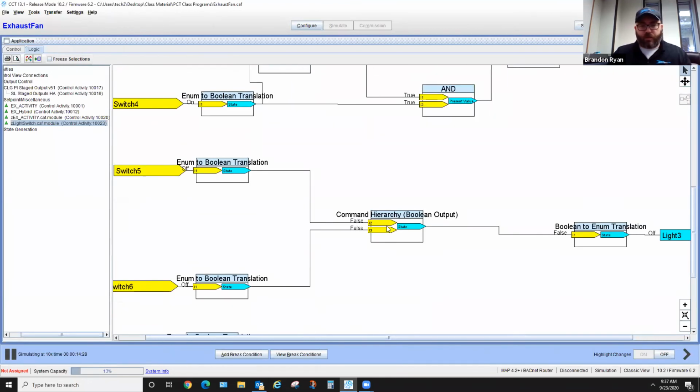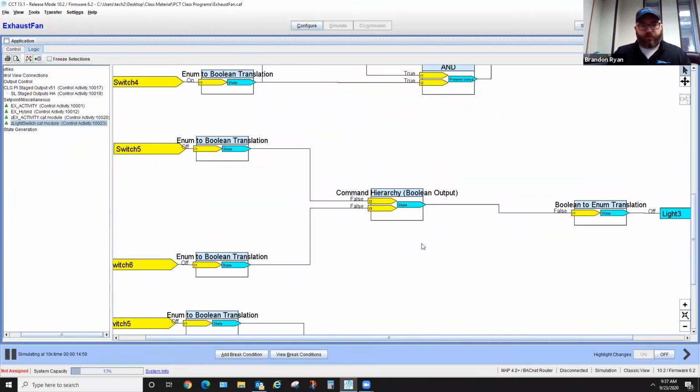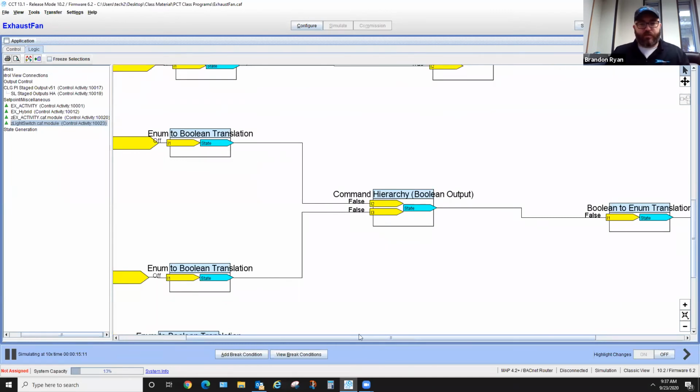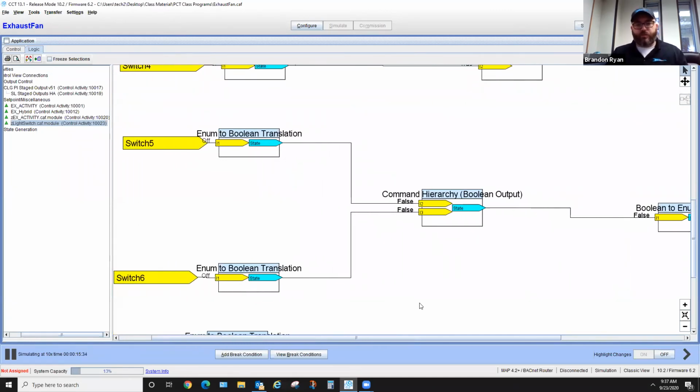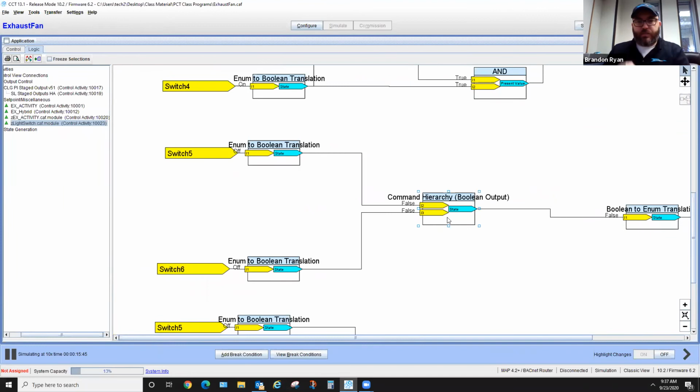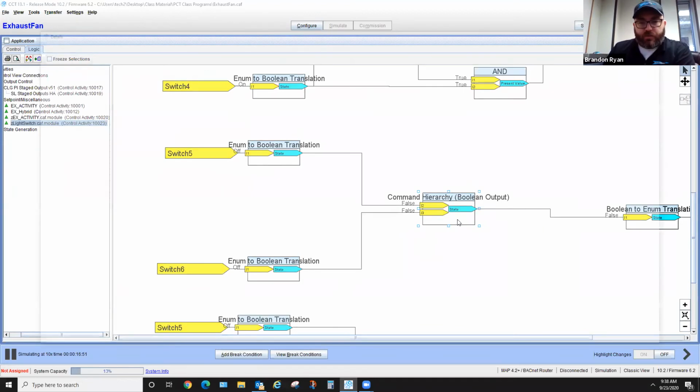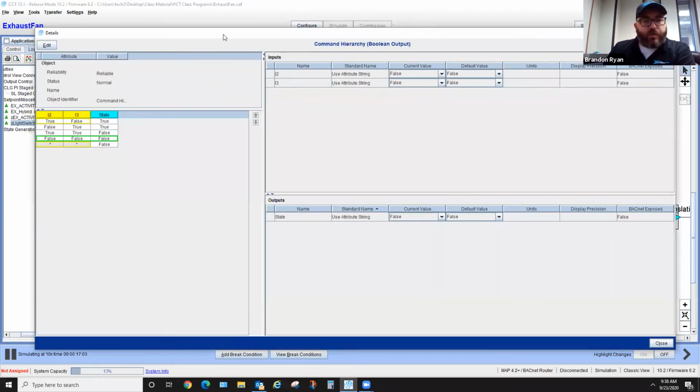Now this next block is another way of doing it. It's called a command hierarchy block. And I'll show you another example of using this in a second. But this thing is really powerful. It's really fun to use. So the way this thing works is, well, let me show you. So the way this works